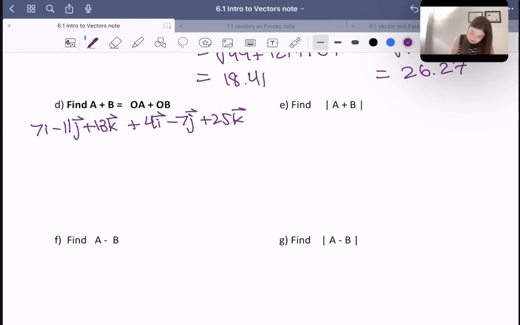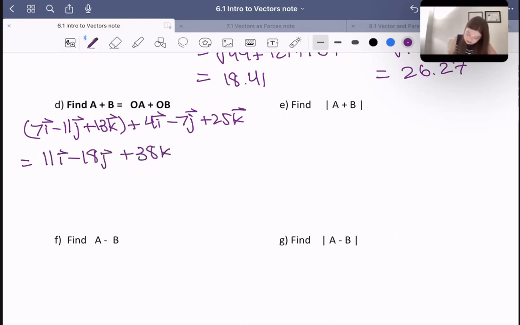I know it takes a while and it's a bit tedious sometimes to always put the vector symbols, but it is always good to do that, to indicate to your teacher that it is a vector and not something else. Although if they do say i, j, and k, they probably should figure that that's what that is. They're probably familiar with the topic, so that's good. And this would be equal to 11i minus 18j